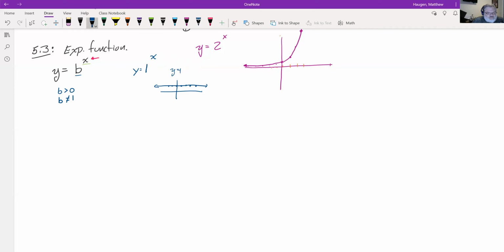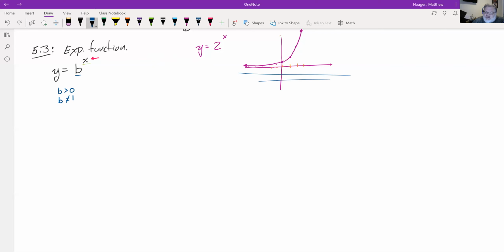Fair? So, those are the reasons why we don't let b be negative, 0, or equal to 1. Not because it doesn't make valid functions. It just makes weird functions that don't follow our exponential property. But other than that, b can be anything we want it to be. And it will generate this